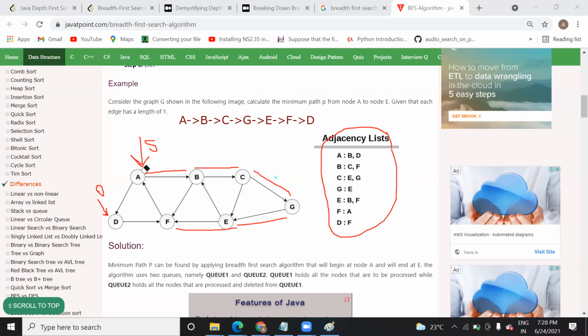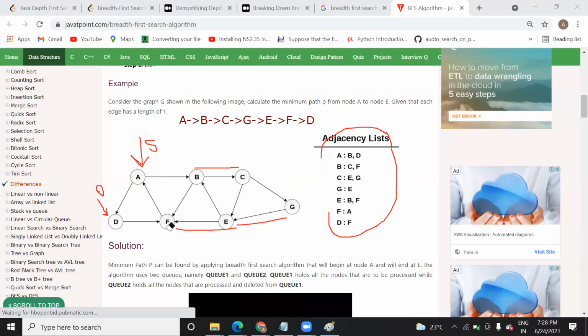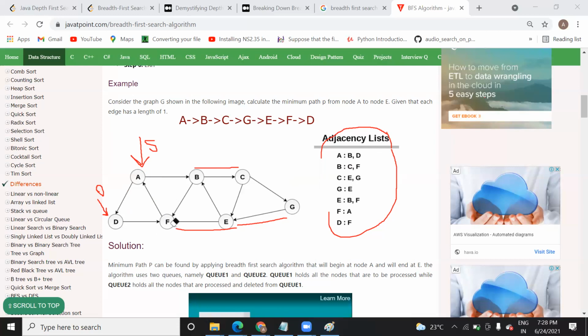One minute, let me check. We pop A, then B, C, G, E, F, and once you reach this F, F has A, and F has E. E is already done here. Then once you pop F, you will consider A. See, once you reach E, for E how many possible paths?